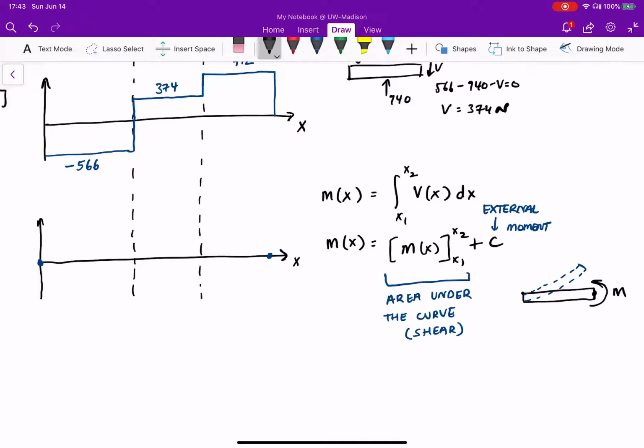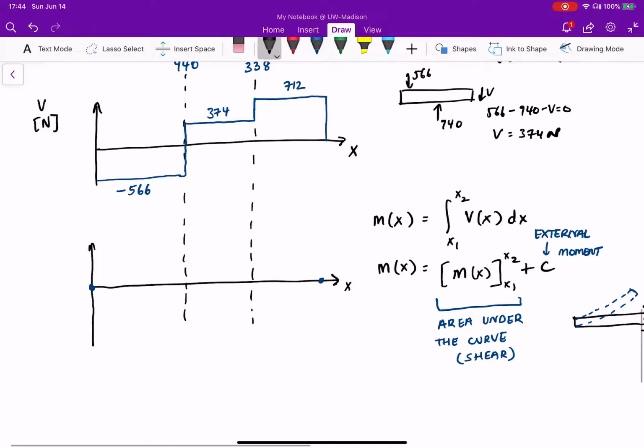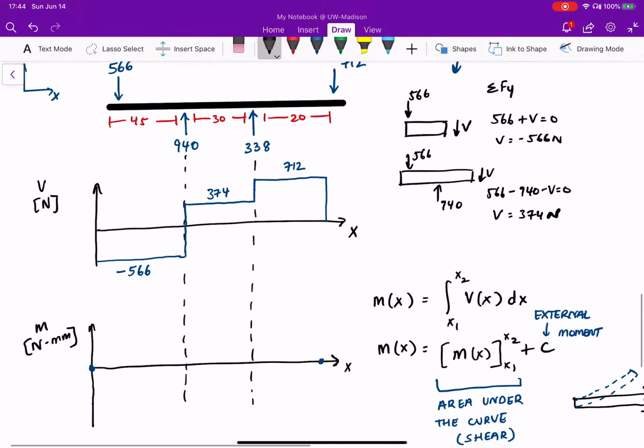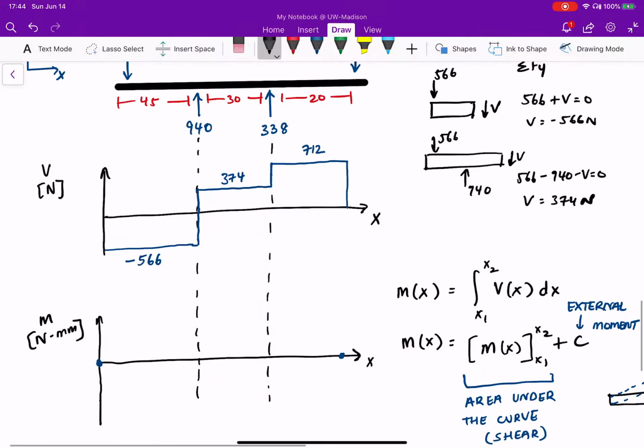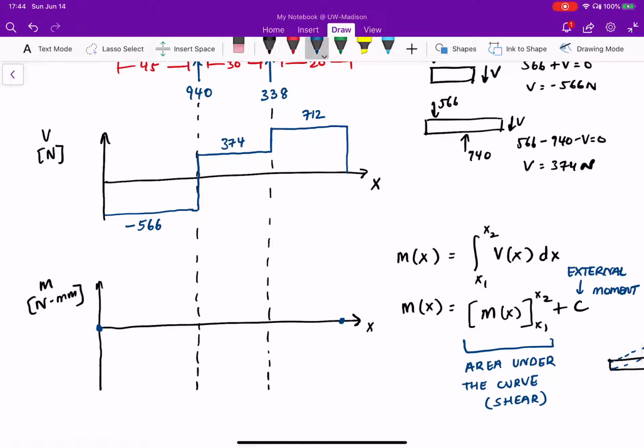Okay, so let's draw the moment diagram, and I'm going to do this in Newton millimeters, simply because I can just multiply the slope by the distance and I should get a value that's easy to compute. Or you can do it in Newton meters, but then you'll have to divide by 1,000. Okay, so we start off at zero, we slope at a rate of negative 566,